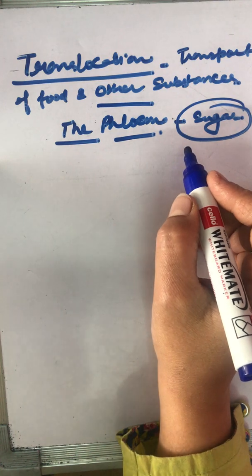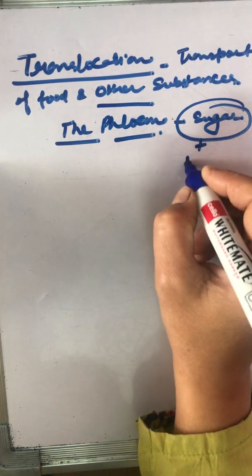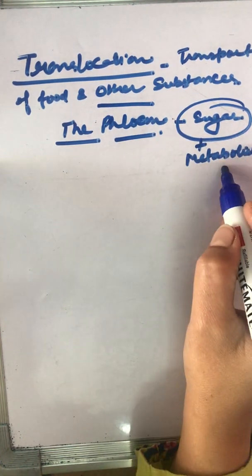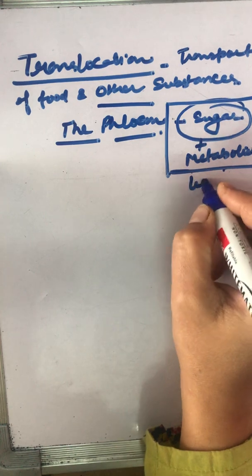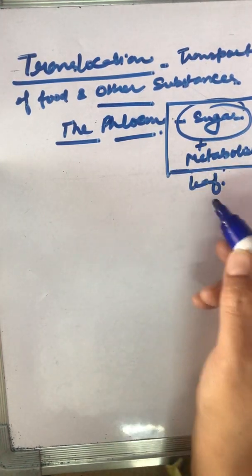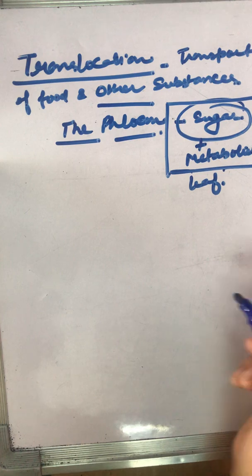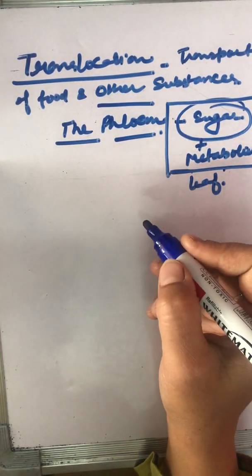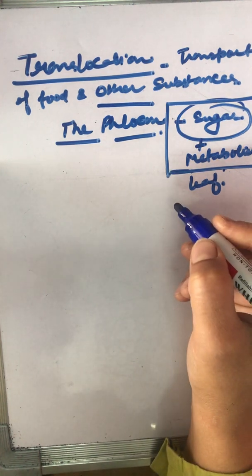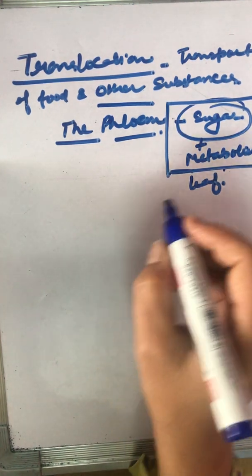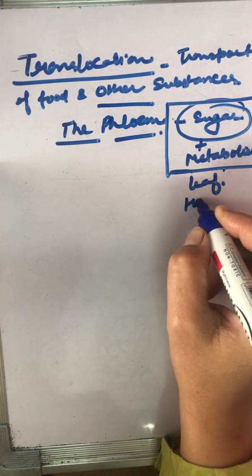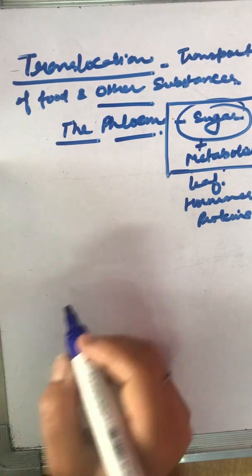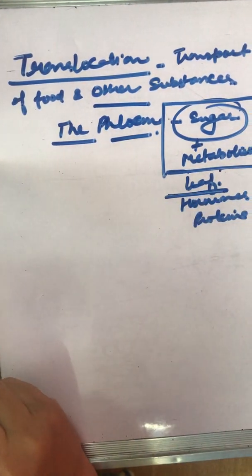Remember, carbohydrates and other metabolites. These are synthesized where? In the leaf area. अब हमें कहाँ जाना है? लीफ से नीचे की तरफ और sideways आना है. Clear? Here we say these are synthesized in the leaf, along with hormones are also synthesized at the shoot and the root tip and the other parts of the plant. So metabolites भी होते हैं, hormones भी होते हैं, proteins भी होते हैं. All these are synthesized. Where? In the leaf section. Clear?